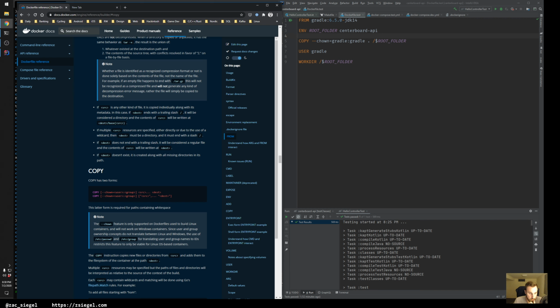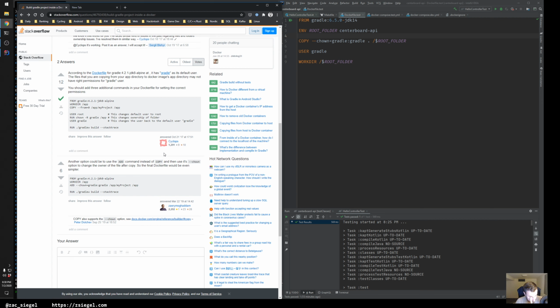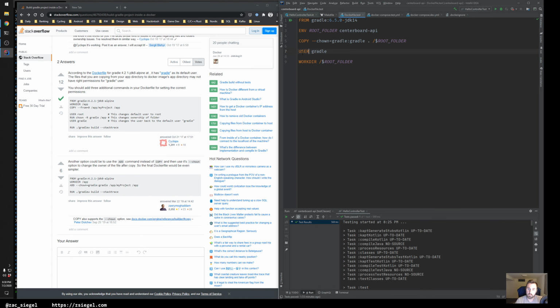Only on Docker files used to build Linux containers and will not work on Windows containers. Don't think that applies. Well, actually, let's